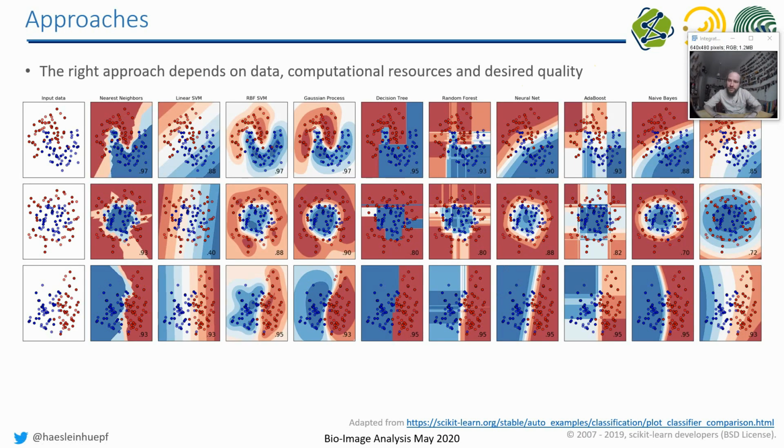And furthermore, this is by the way from the scikit-learn website. So that's kind of a library of machine learning algorithms. Dependent on what you want to achieve and dependent on computational resources, you can take any kind of algorithm. I mean, look at all of these. They all have different properties. They are differently fast, they are differently precise, and depending on what you want to achieve, you should pick one